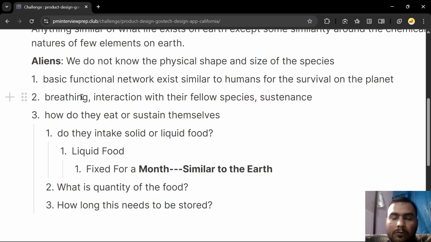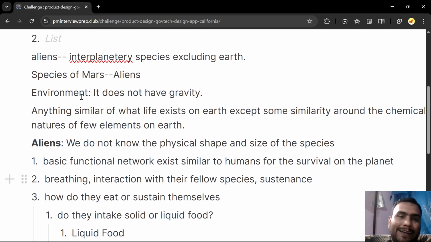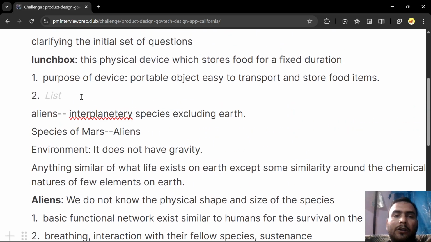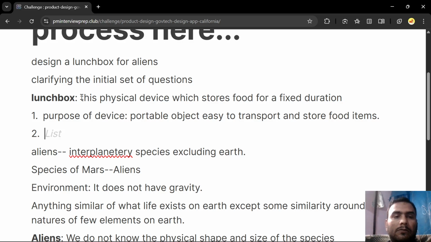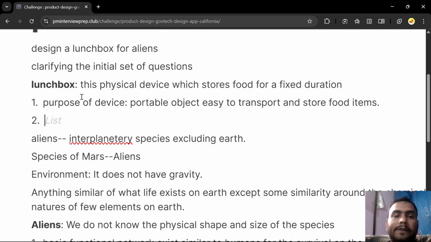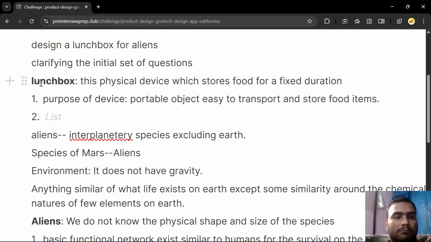Now we are yet to define the user journey or the exact pain point they are facing, but we have tried to find out more about the user here. How do they look, how do they exist, how do they interact. But the exact pain point for using this particular product, we are yet to do that. I'm just rewinding what we have already done until now. And the second part we have done is thought about the product itself,